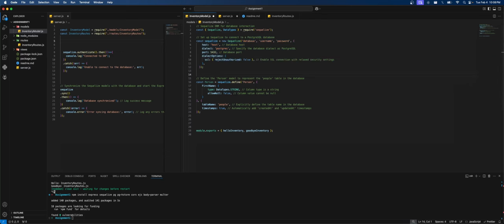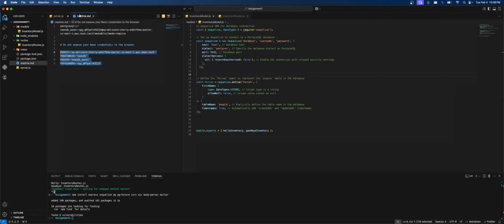But again, for this instance, not a huge deal. So now I want to take my README and fill this out. So database, username, password. These two things are not the username and password you made for neon.tech, but they're for the actual database. And then the host. So we can do this easily if you got this version of